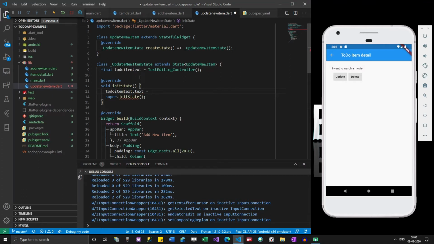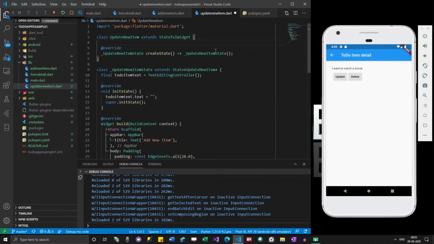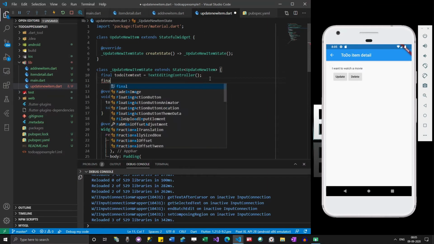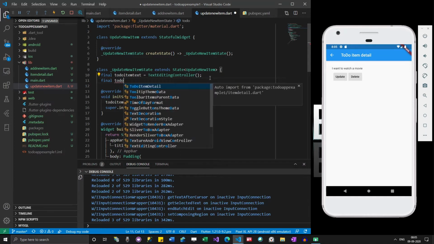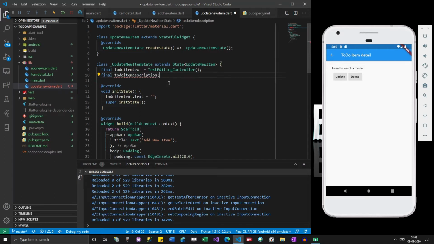But right now this class is not capable of taking any text. So let me add some text here. Final to do item description, and then add colon.